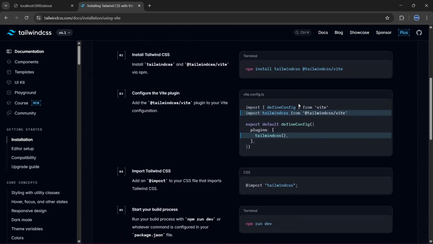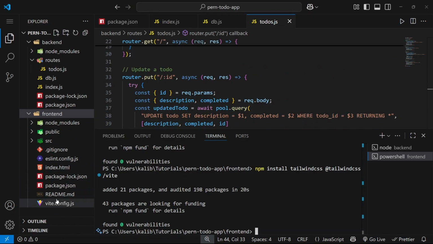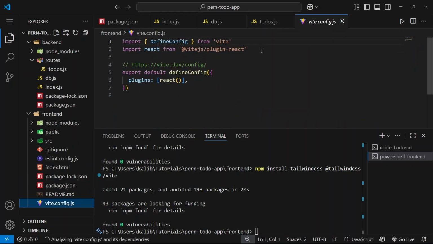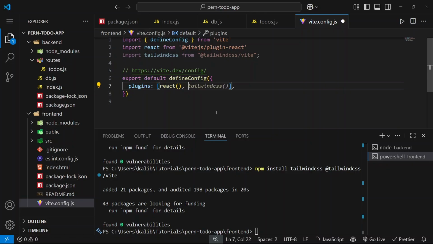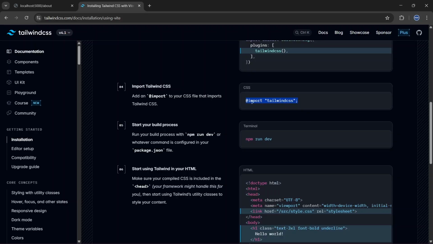Okay, now we need to make some changes inside vite.config.js file. So let's copy this, and inside vite.config.js file, let's paste it right here, and let's copy Tailwind CSS, and inside this plugins array right next to React, we can see Tailwind CSS. Save this file, and let's copy this, and we want to add an import to our CSS file that will